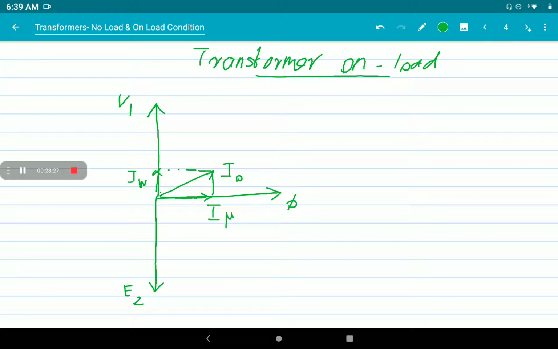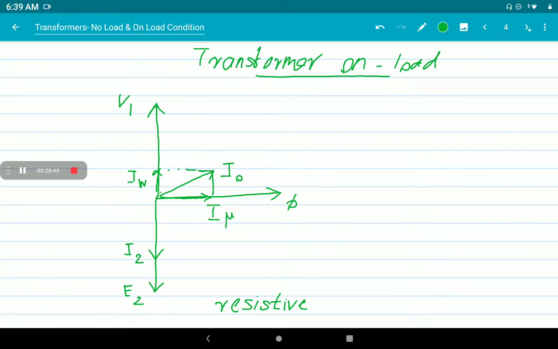So first, let us assume a resistive load. So our load is resistive. We are assuming our load is purely resistive. So what happens? The current produced in the secondary, I2, will be in this direction, which is in phase with